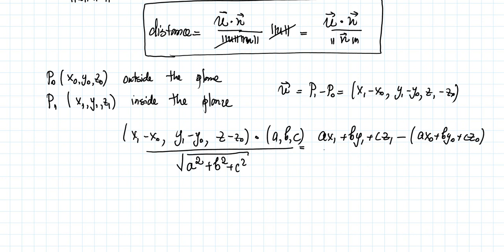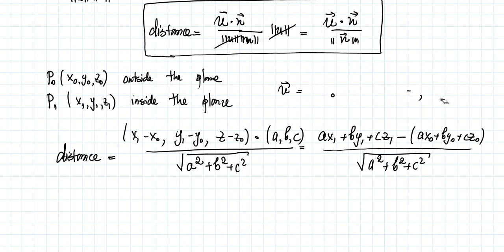Divided by the square root of a squared plus b squared plus c squared. Okay, this is the formula of the distance. Actually, we made a mistake here, so we need to write this down as